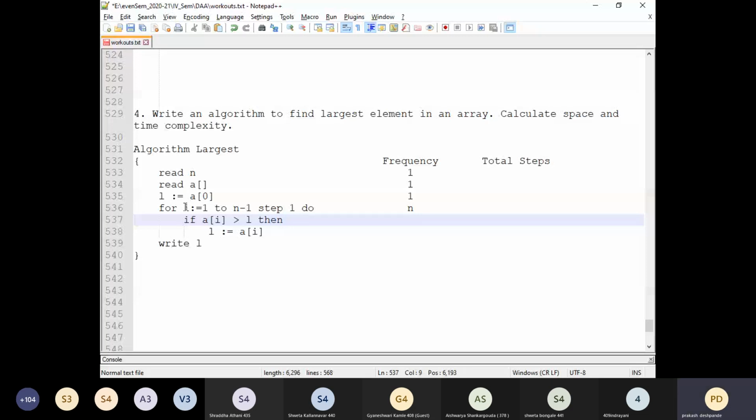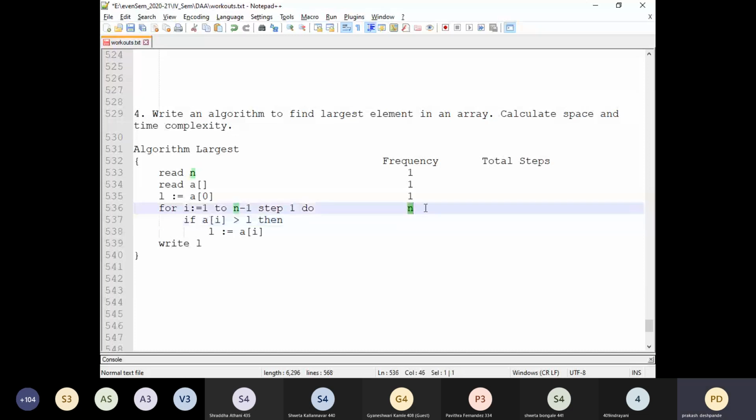Now tell me, how many times is this for loop true? N. The for loop will be true for how many times? See, it indicates that you are not revising at home, students.